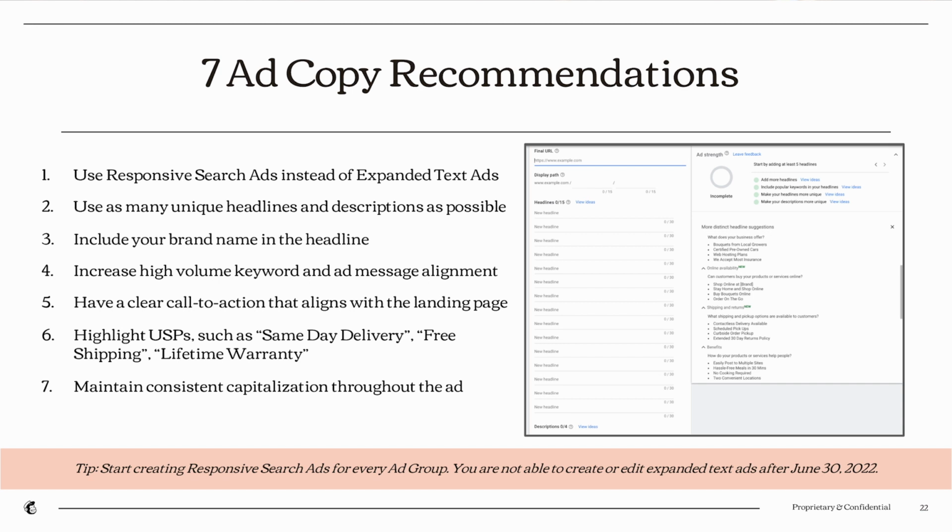Next, we have to add a clear call to action. So I want to make sure that the call to action that I'm utilizing in my ad copy is driving people to the landing page that gives them that action to take. So just making sure that that association between the two is clear. I also want to do clear USPs, or unique selling propositions. So as I talked about in the last slide, if I have same-day delivery, free shipping, lifetime warranty, whatever my offer might be that makes my business stand out from the competitor, I want to highlight here.